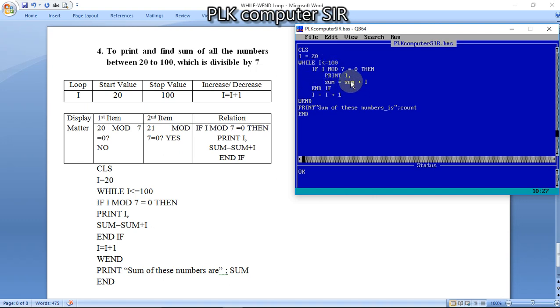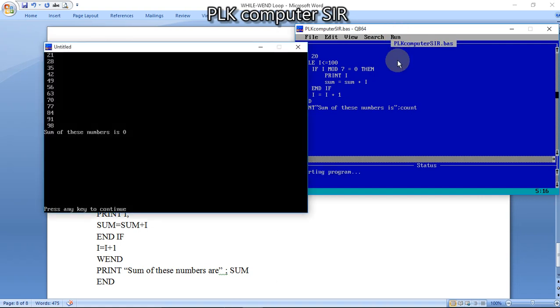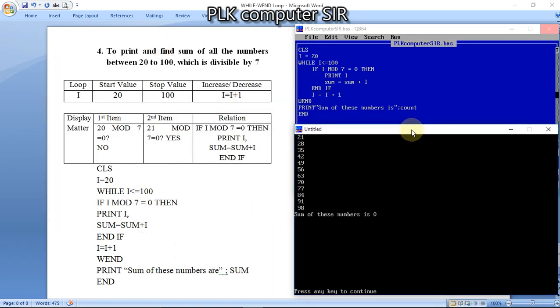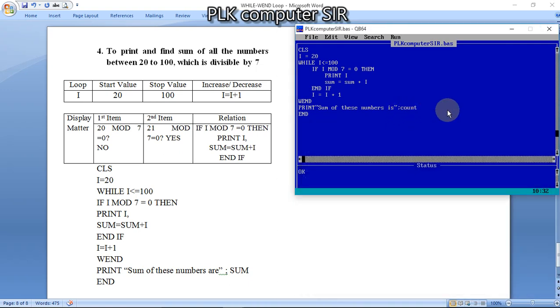It should give the correct result. Now also it is coming 0. Sorry students, again here I have used the variable count. I have to use sum. Here comma or semicolon will not make any difference.